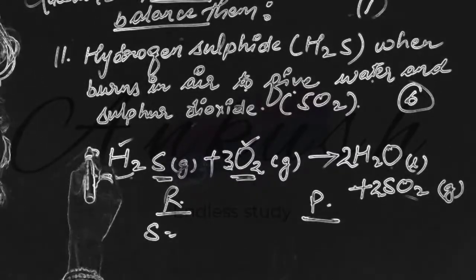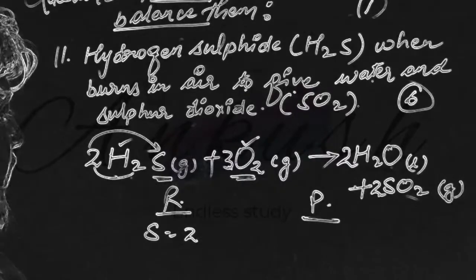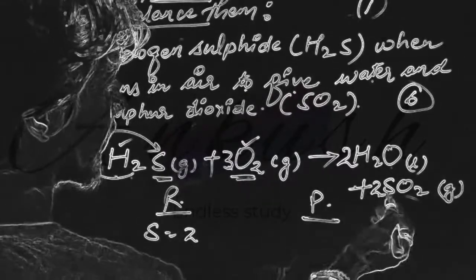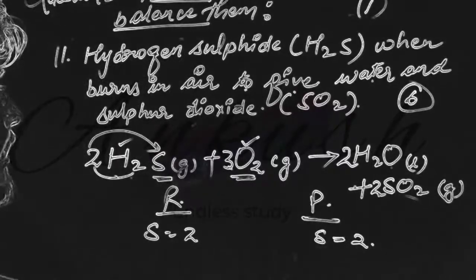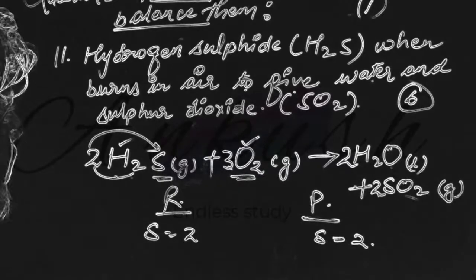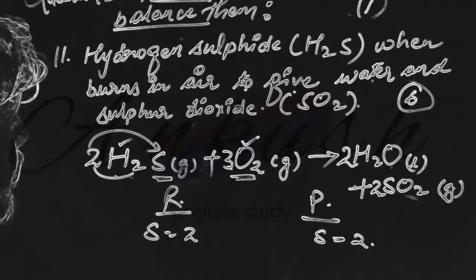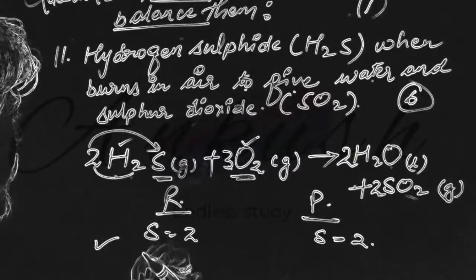Sulfur here if you see 2 is getting multiplied to S also. So the number of atoms of sulfur are 2. In the product sulfur atoms are 2. So now this is a balanced chemical equation. These are the first and second part which I done for you. Third and fourth you attempt it. And if any problem comes while balancing, then I'll help you out there.